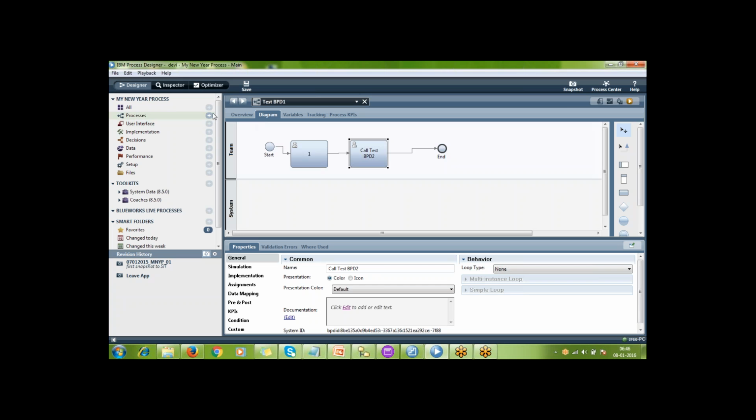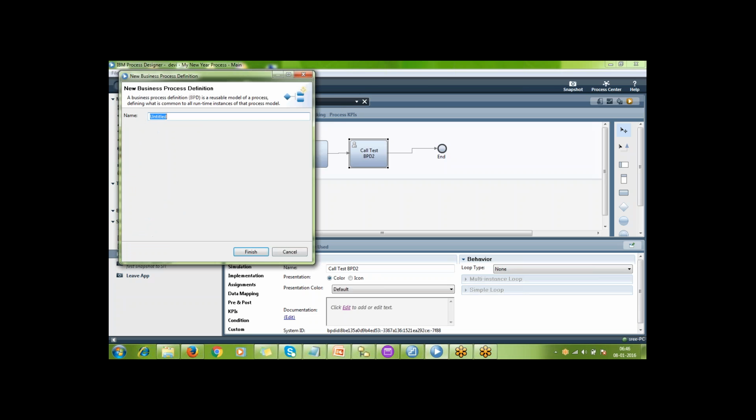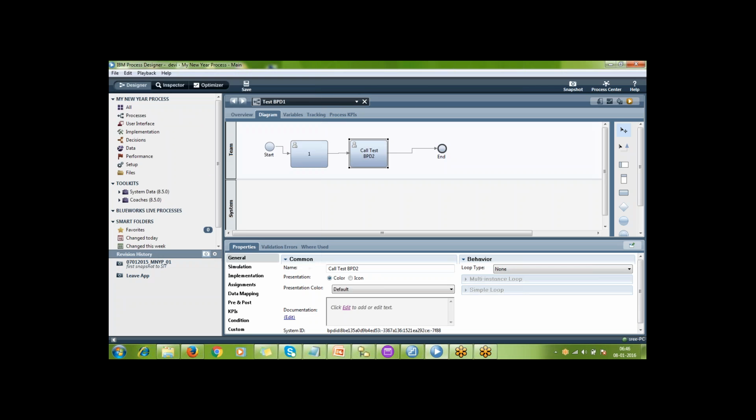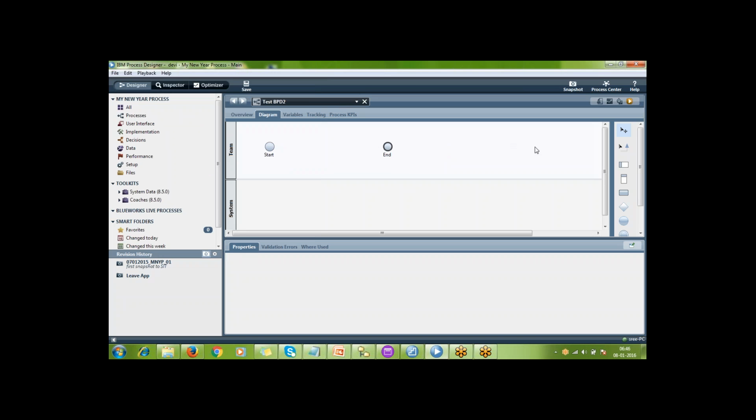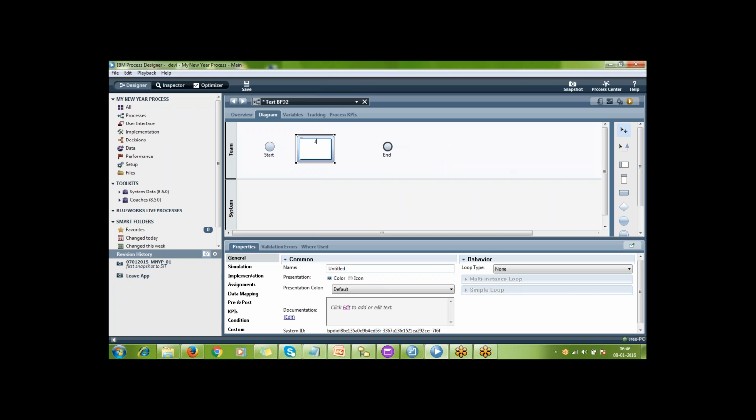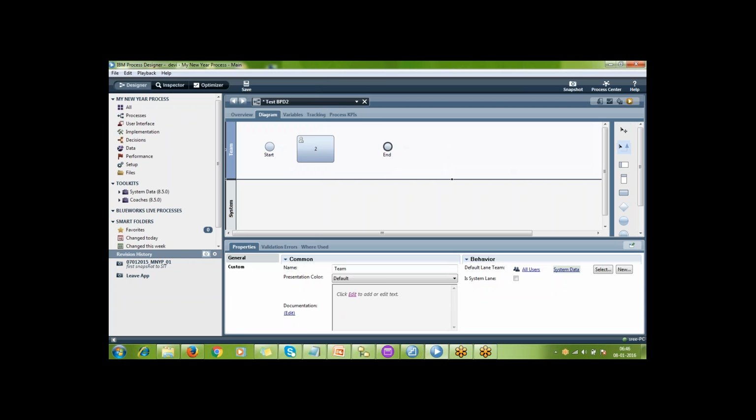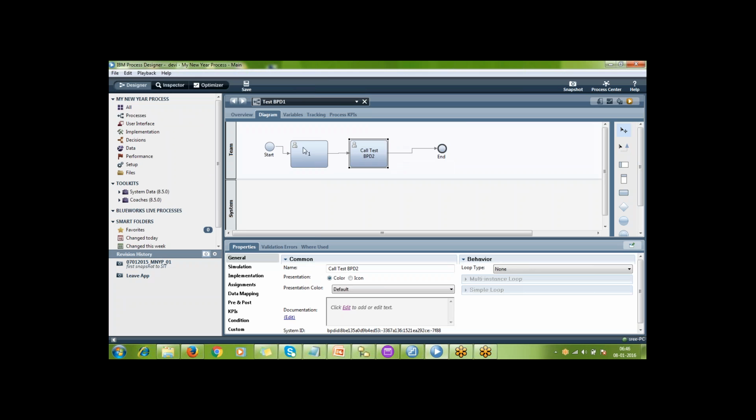So I'm creating one more BPD, test BPD2. Here I have an activity called 2. This is my test BPD2, and this is my test BPD1.